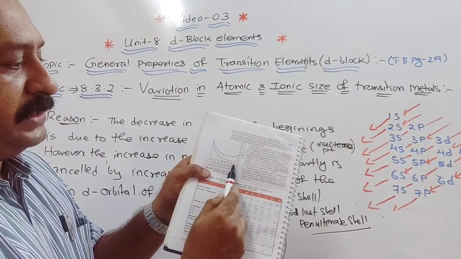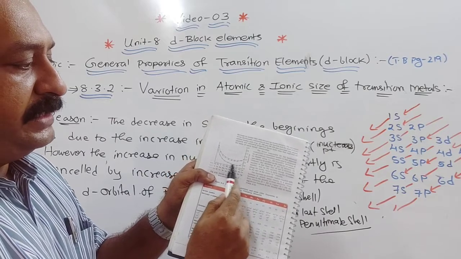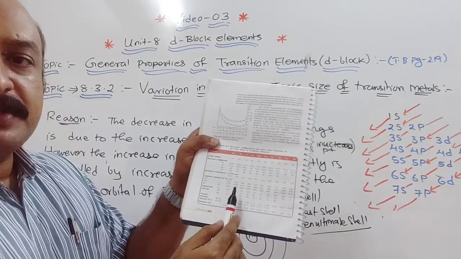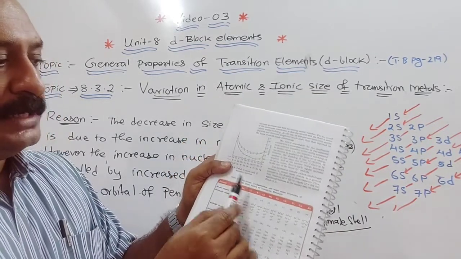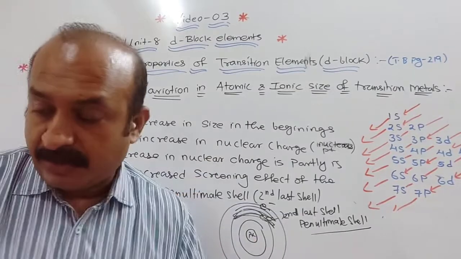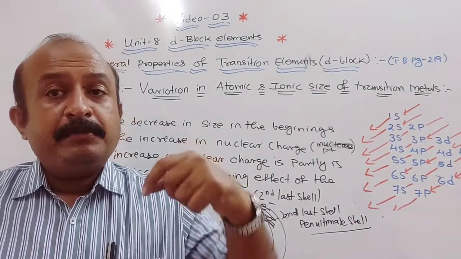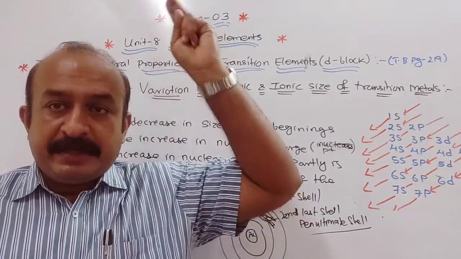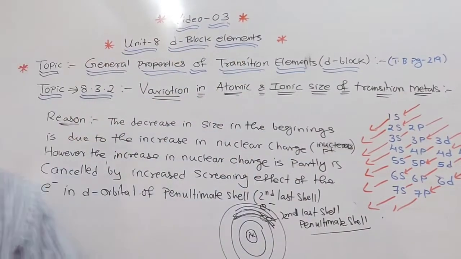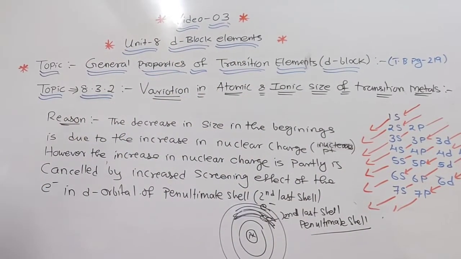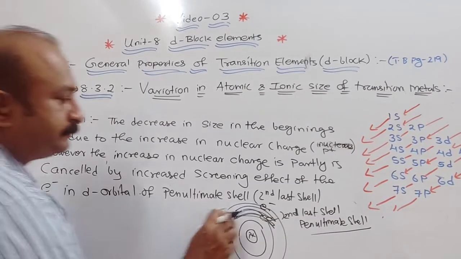From Mn to Se, the atomic radii is constant. Understood? You can see this in the table also, table 8.2. So this is the reason. When it is balanced, atomic radii remain constant. When maximum screening is there, atomic radii increase. Okay, so what is written there? To rub it again.